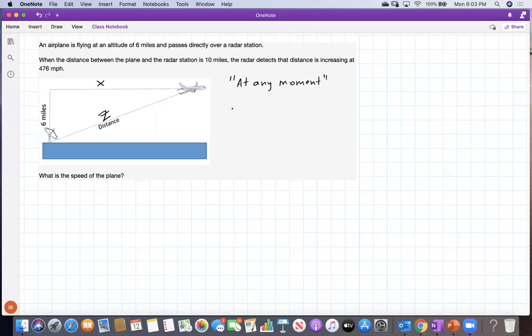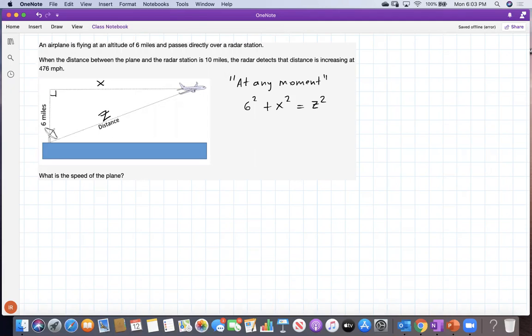Now, notice that at any moment the following should be true: 6 squared plus x squared should be equal to z squared, right? I have just used the theorem of Pythagoras in this right triangle. I got this. Next, we should